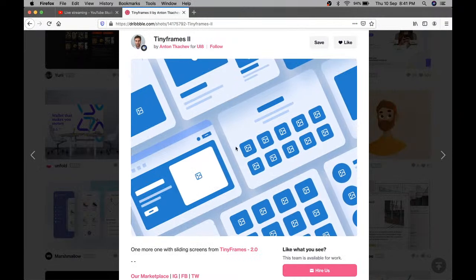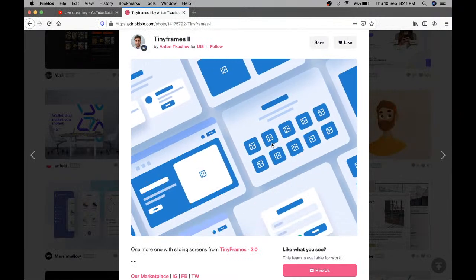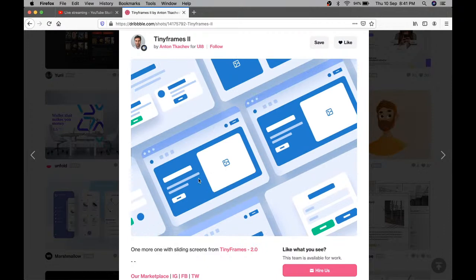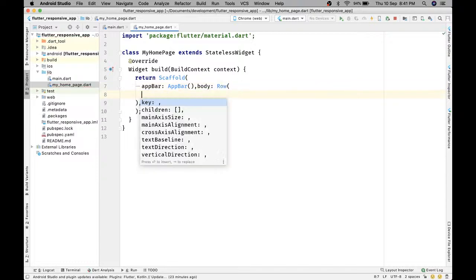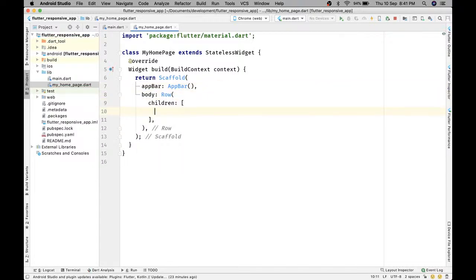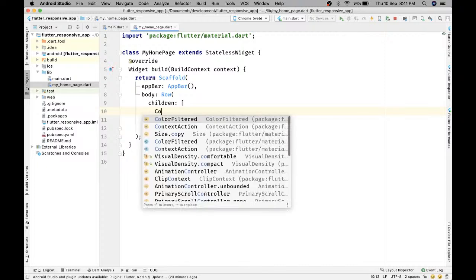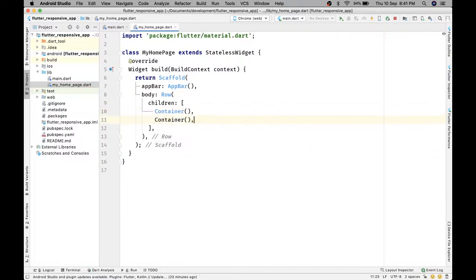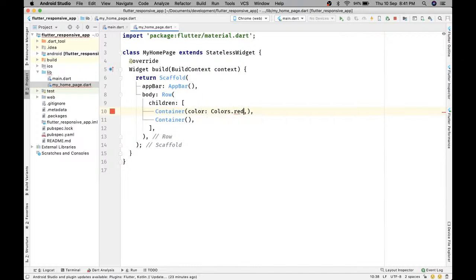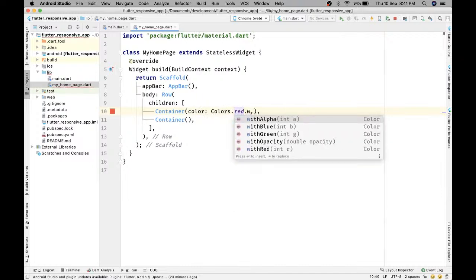It will have a row that has one image and one form. Okay, so let's have a row. It will have two children as of now. Let's make a container and just duplicate it. Let's give a color to it. Dot width,